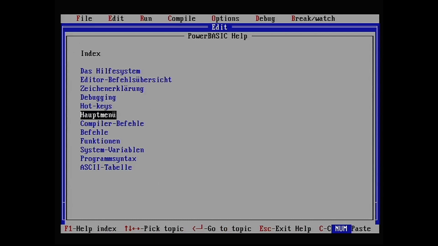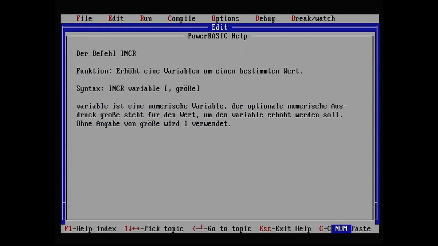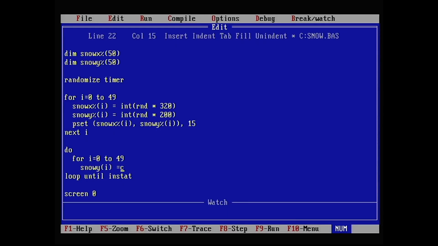No, we don't. Do we? Yes, we do. Incr. Yes, that's good. Let's do that. And don't do the same mistake again. So we'll increment the y coordinate. And if snow y % of I greater than or equal to 200,